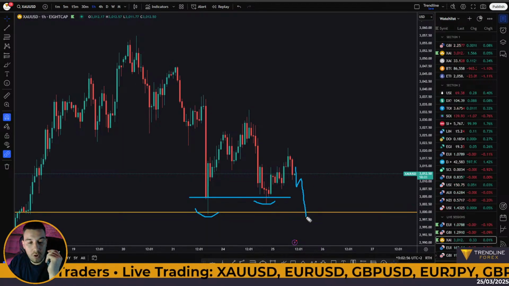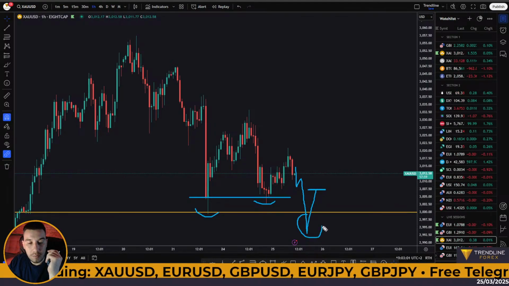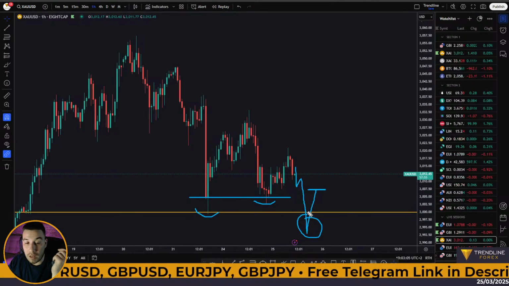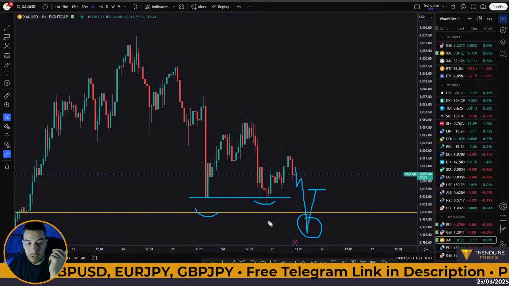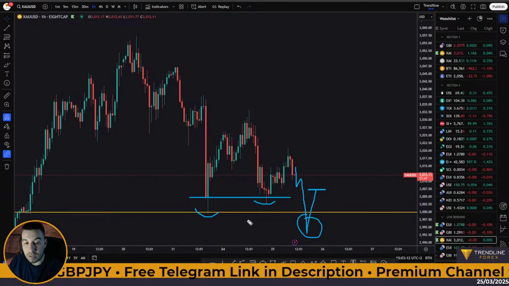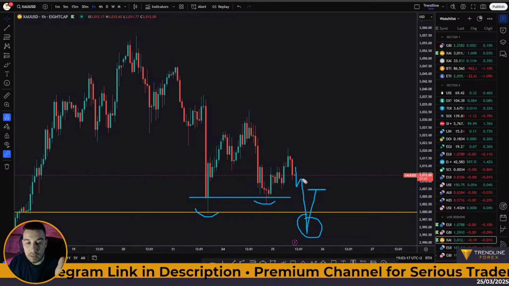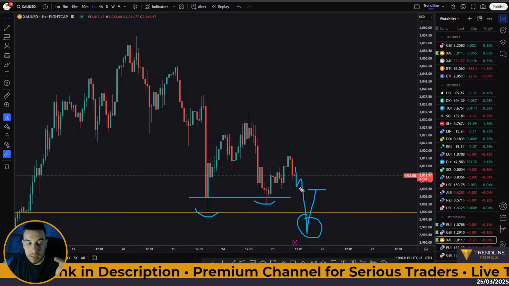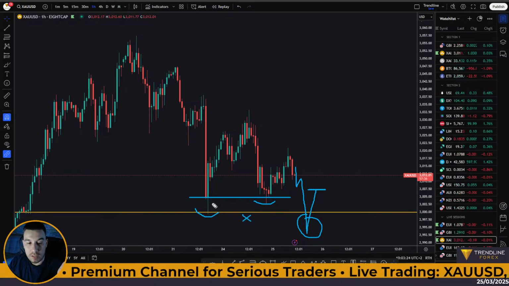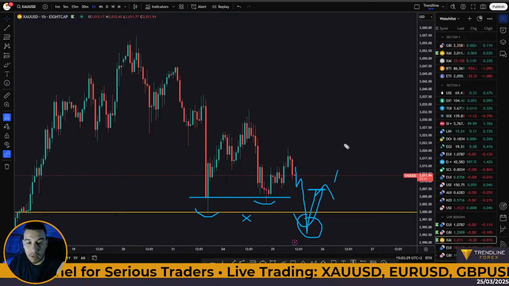Even if we drop below that, I'm still going to look out for, let's say, a fake out, right? A fake breakout, and for price to close back above the 3,000 level. And if that happens, that probably means we just came here for a quick stop loss hunt or a grab of liquidity, call it whatever you want. But the logic behind that is, basically the big players are pushing the market down to collect all those orders sitting below that equal structure, to then have enough trend to push the market back to the upside,